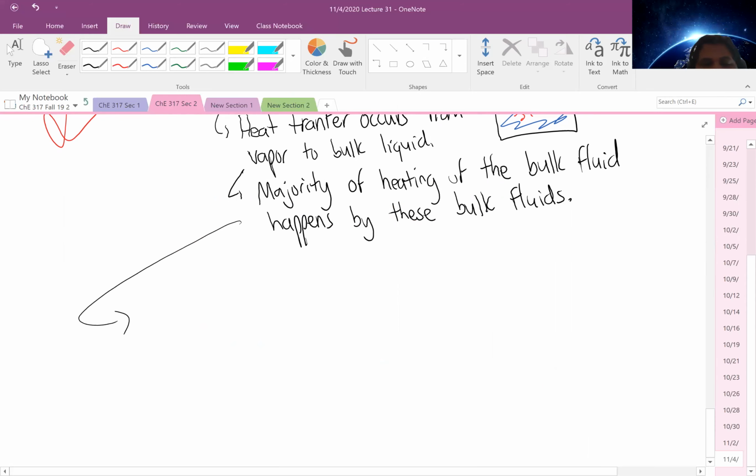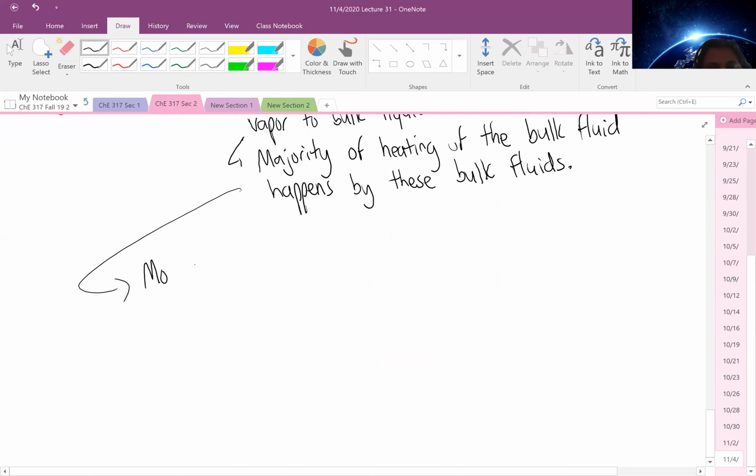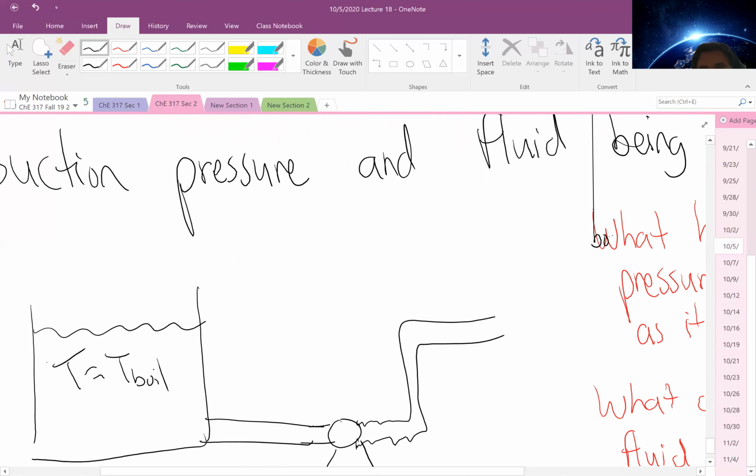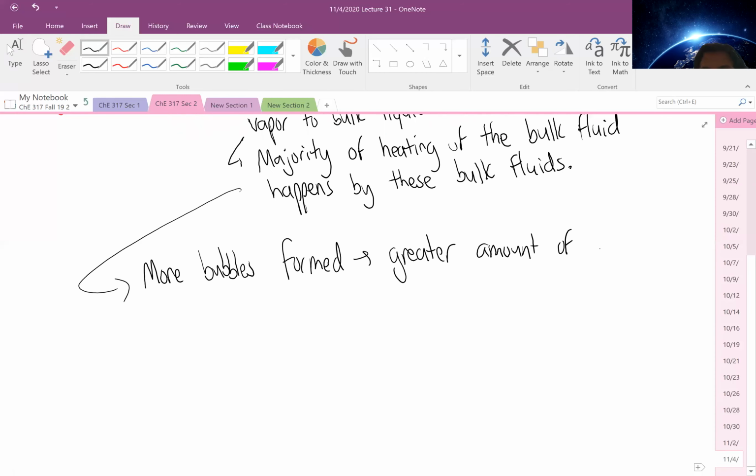All right, so I get more bubbles formed. Greater amount of boiling occurs. I wish I didn't do that. All right. And so